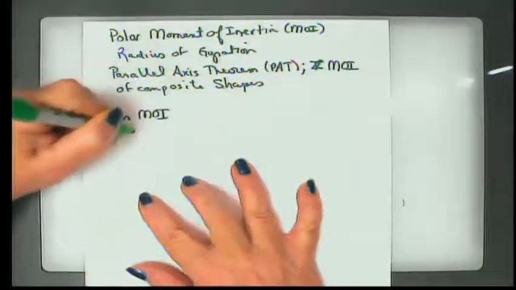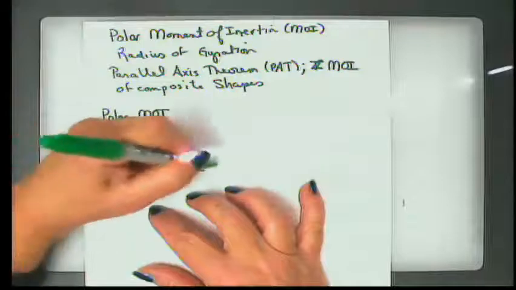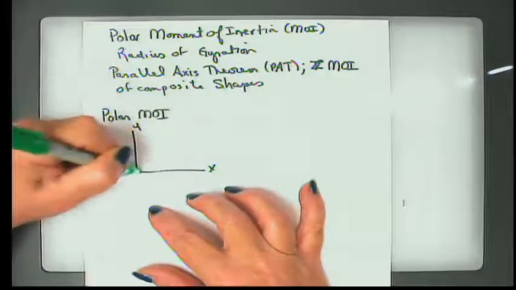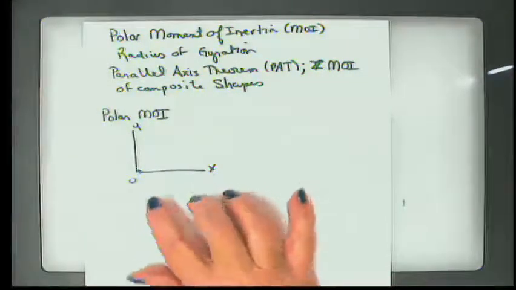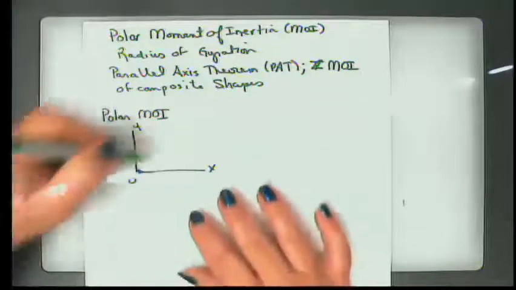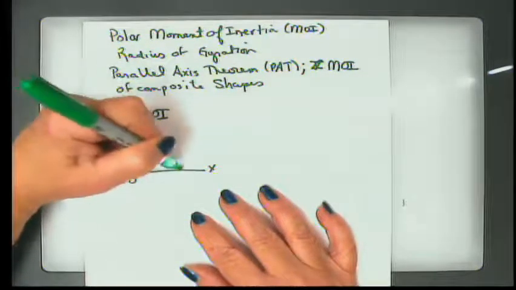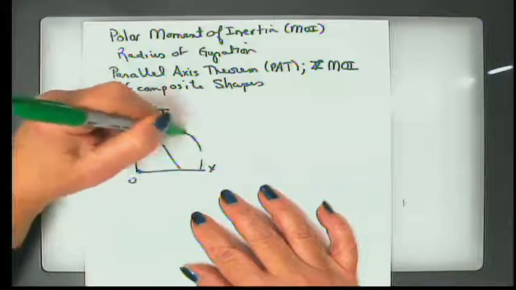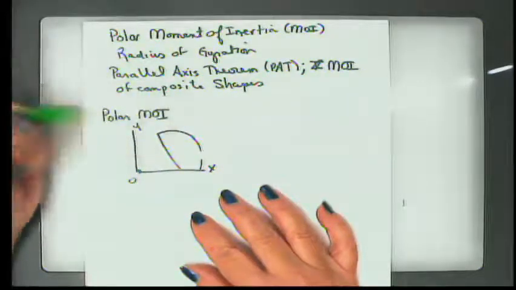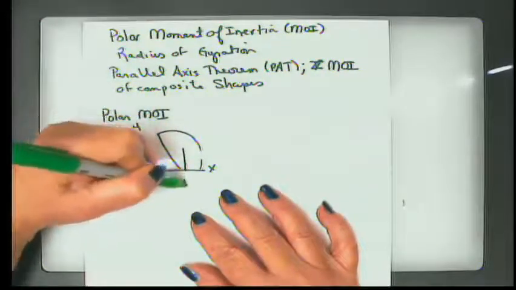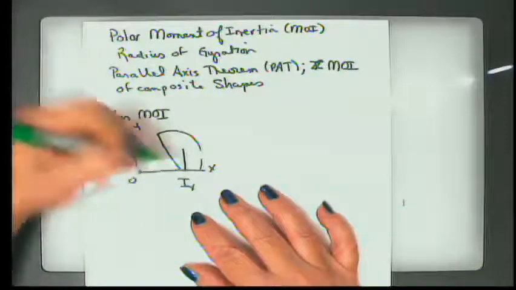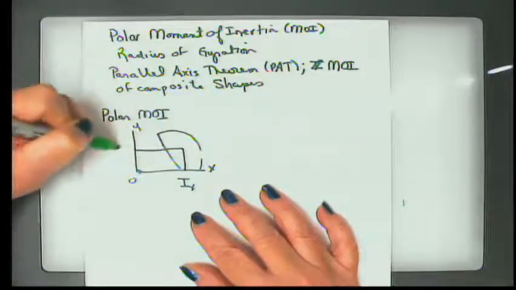is if we have a shape, for example, if this is our x-axis and this is our y-axis and this is our origin, if we have some sort of a shape, it does not matter if it intersects an axis or not, but if it's, like, let's just say this general shape, if we find I sub x and I sub y,